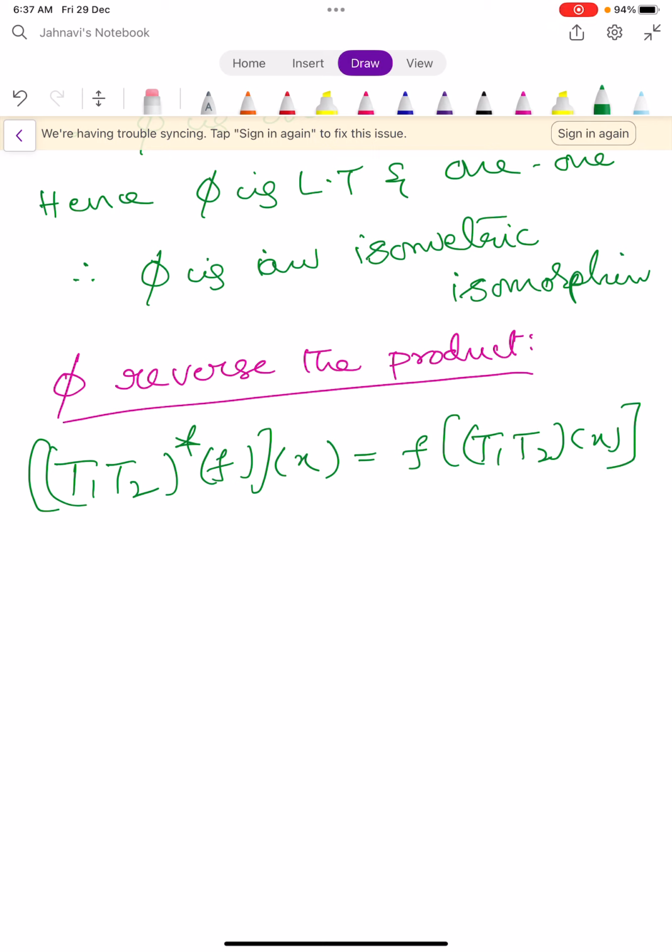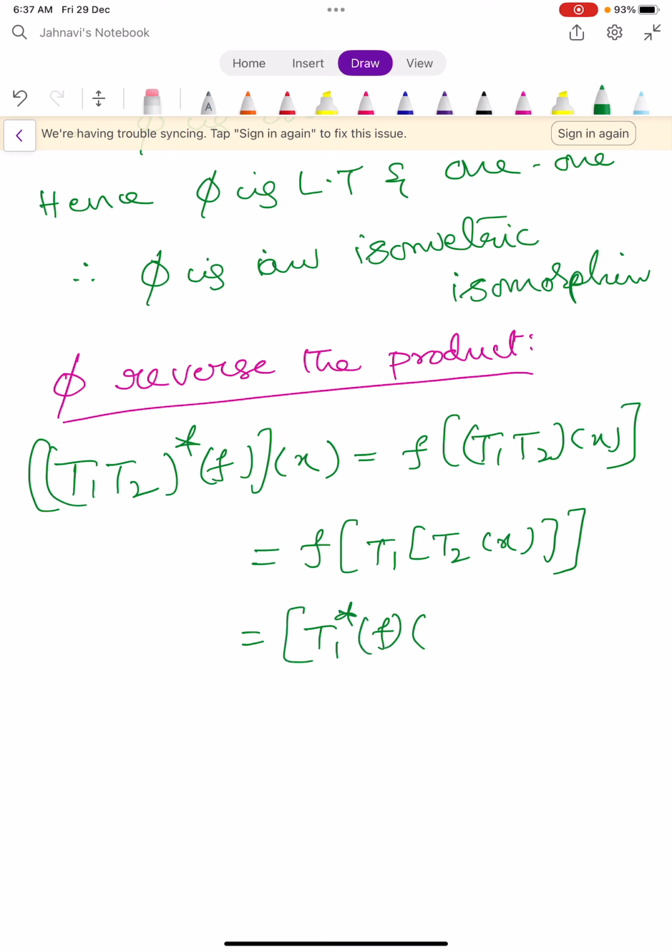This is from the definition of t star. So this can be written as f of t1 of t2 of x. This is nothing but t1 star of f into t2 star